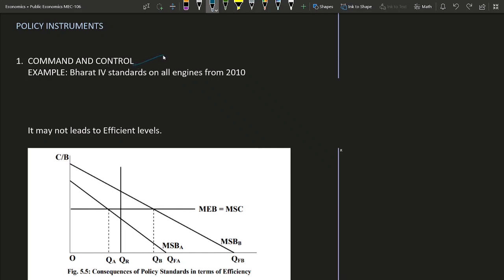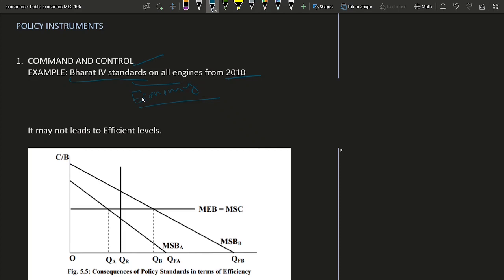One is command and control, and the other one is the capping and trading of pollution rights. In case of pollution, governments across the world try to set some kind of standards. For example, there were Bharat 4 standards in 2010 for all motor vehicles, and then Bharat 6. These standards are based on solid scientific and technical studies. Government also keeps in view that citizens are able to afford these technologies and the economy should not go into paralysis. So government gives enough time window to shift from old standards to new standards in order to reduce